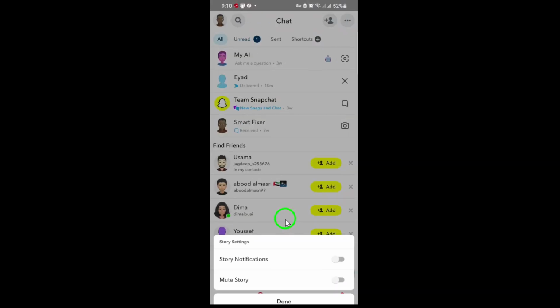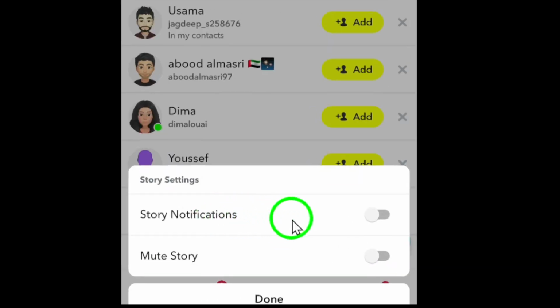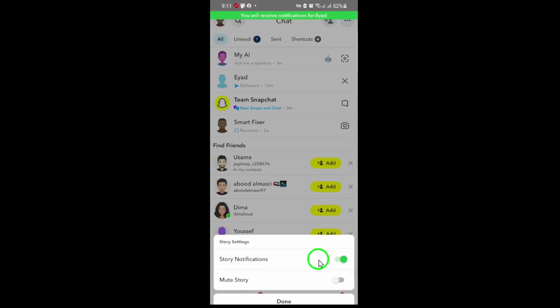Here you'll see a switch labeled Story Notification. If it's turned off, you won't get alerts when this friend posts a new story. To unmute them, simply toggle the switch on. That's it. You'll now receive notifications whenever this friend shares a new story, so you can stay up to date